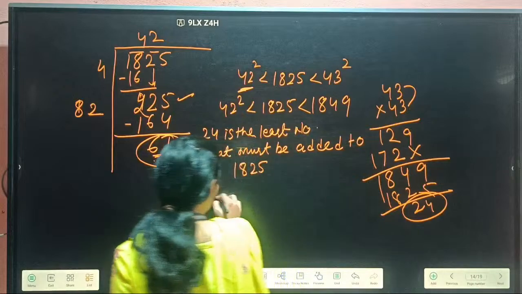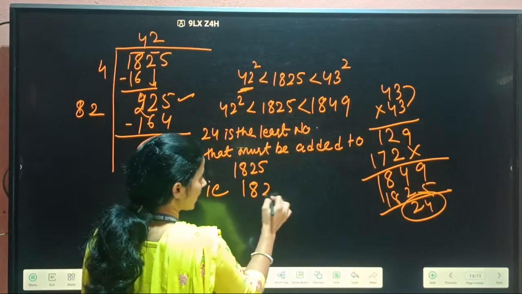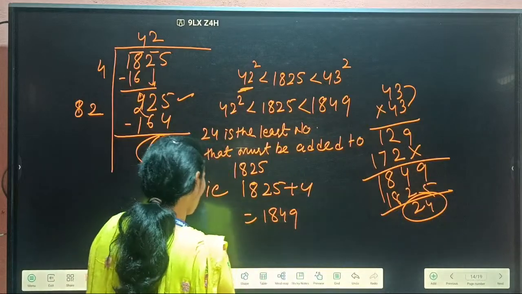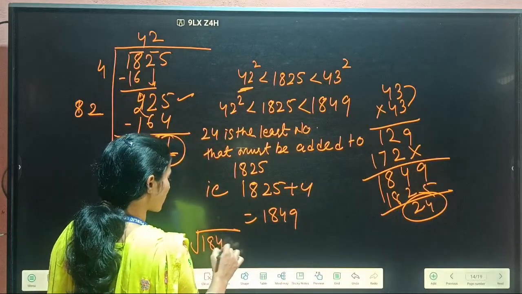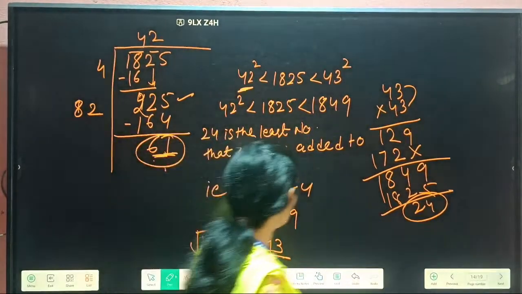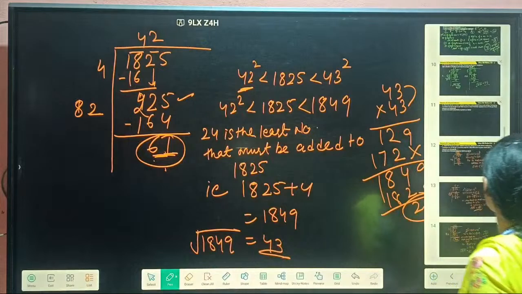That is, 1825 plus 24, you will get 1849. And what will be its square root? Its square root will be 43. Next part of the same question is